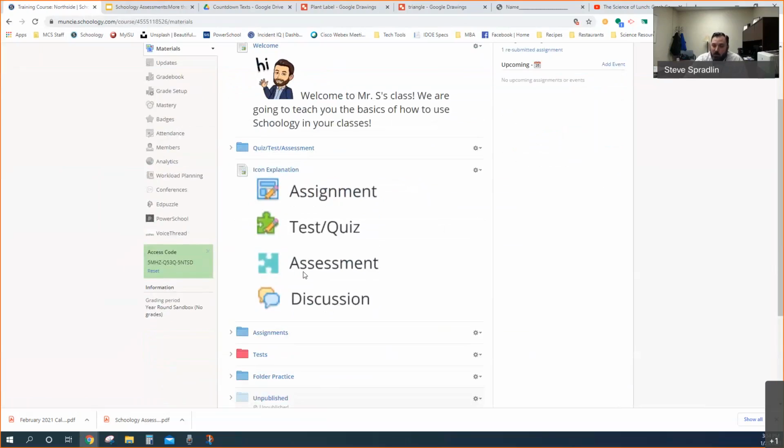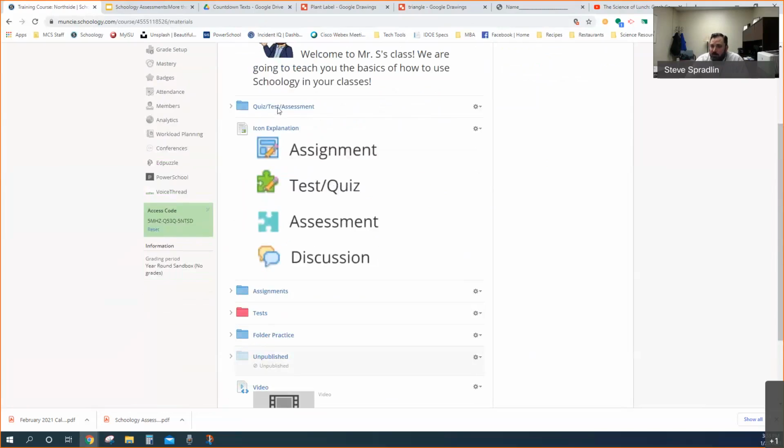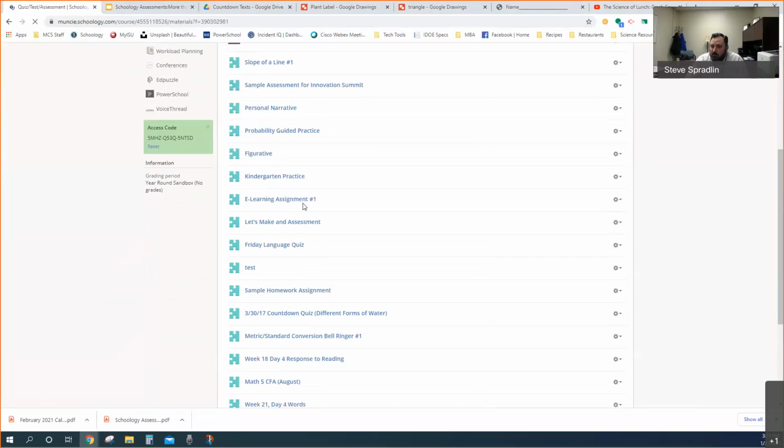But it's nice to work with the assessment feature from here on out because there's way more question types and a lot more things you can do with the assessment maker. Anyway, back to what we were talking about, doing homework with the assessment maker. So why would I do that? Let's see here. I'm going to go into my quiz test assessment. And I'm going to come down here to, I've got several of these in here,